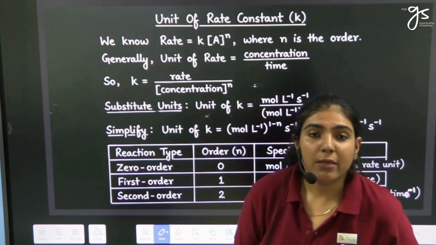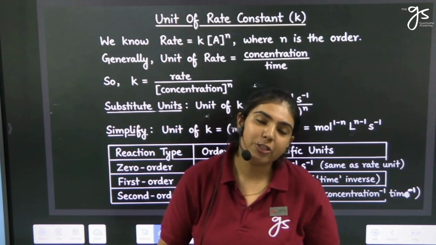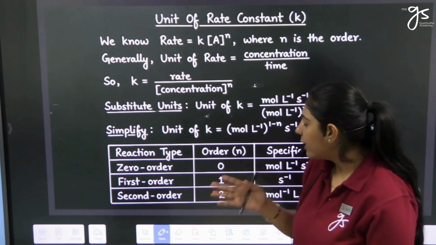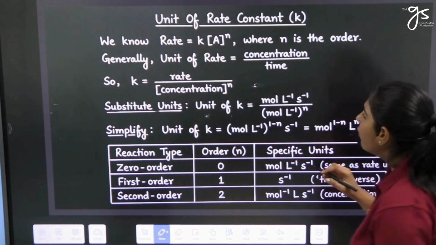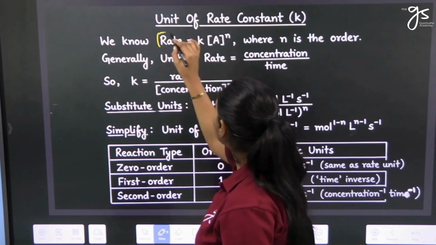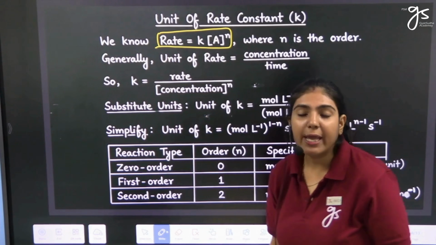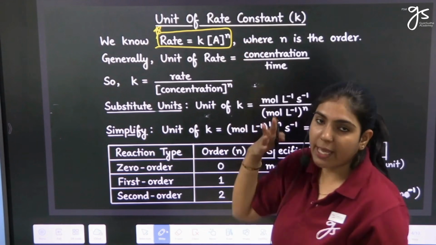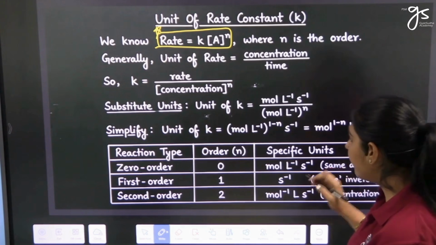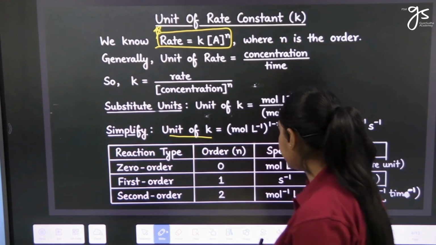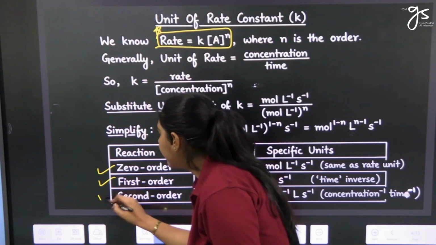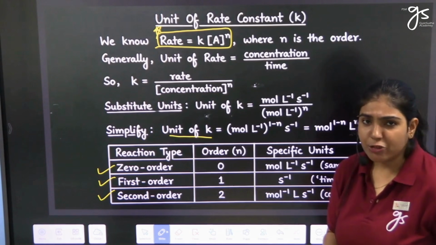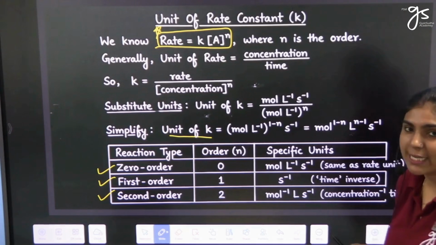Basically, in the NEET, many questions have been asked from the units of rate constant. So we all must be aware of calculating and knowing the rate constant values and the units. Now, first, for that, we also need to know the rate law. Rate law for any order of the reaction is given by r = k[A]^n for any of the order. So we need to know the unit of rate constant for each order, zero order, first order and second order of the reaction, which is as follows over here. And you can take a screenshot of this image for future reference as well.